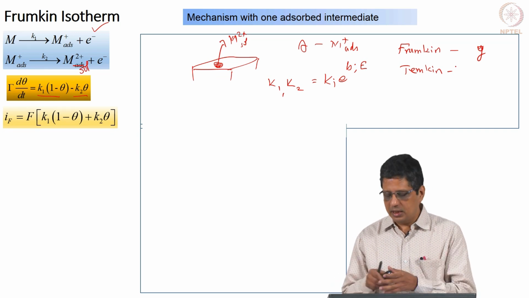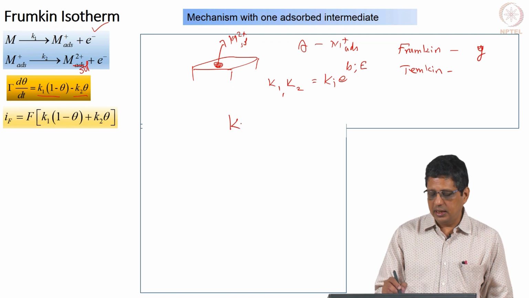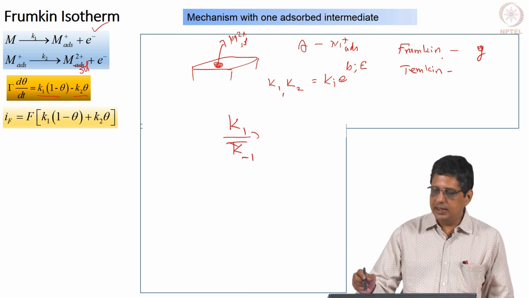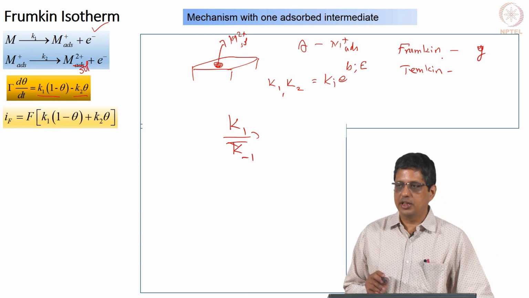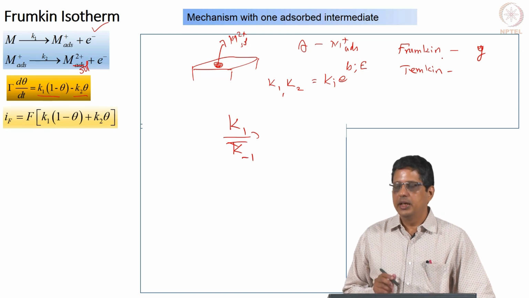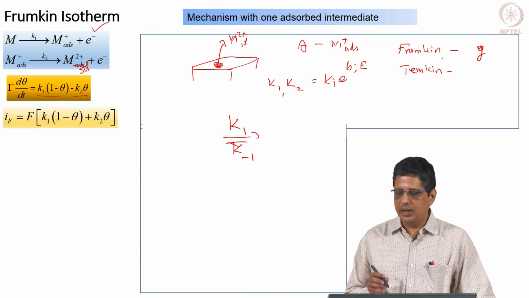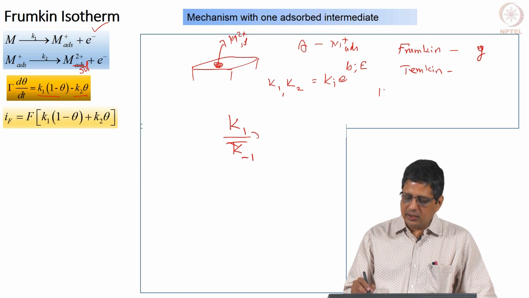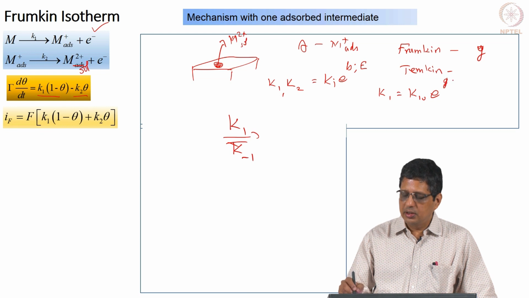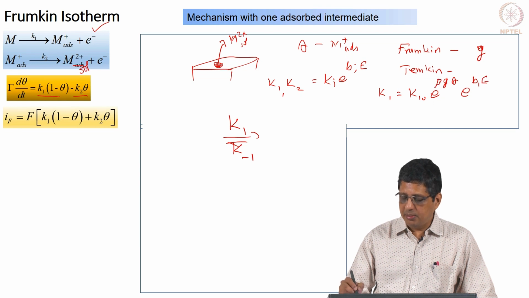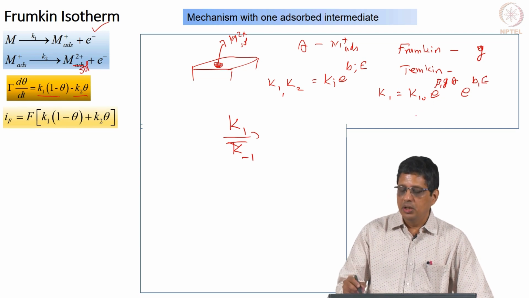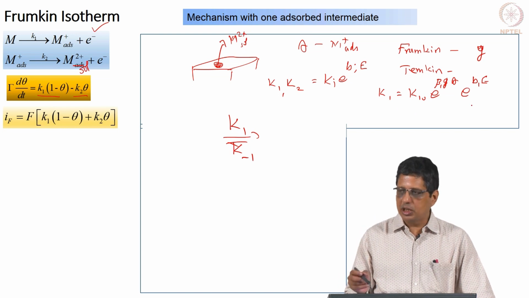Actually, all that they describe is how the equilibrium constant in a reversible reaction, if I take K1, K minus 1, Temkin isotherm or Frumkin isotherm basically describe the equilibrium constant, they do not describe the rate constant. Rate constant is for kinetics, equilibrium constant is a thermodynamic value. However, if you take the rate constant to be a function of theta and with the parameter beta 1, I will describe what that is shortly. If you give a rate constant like this, then the equilibrium constant also will come in this form.